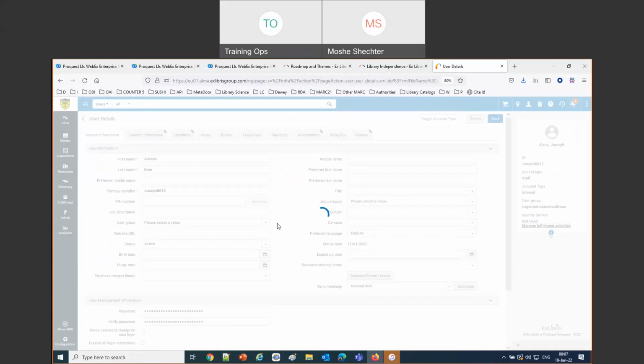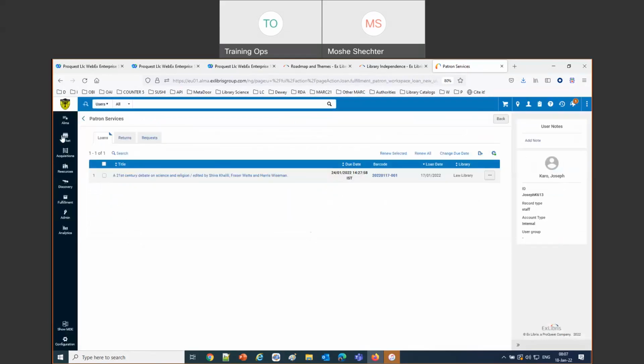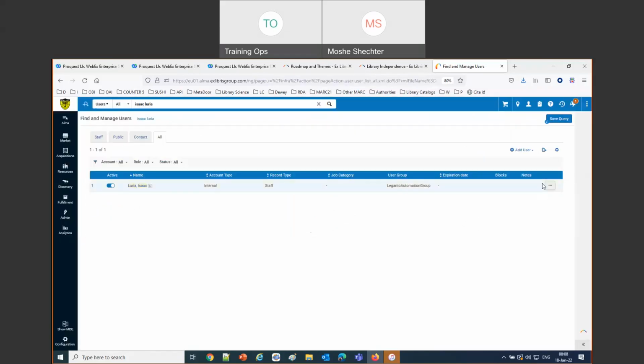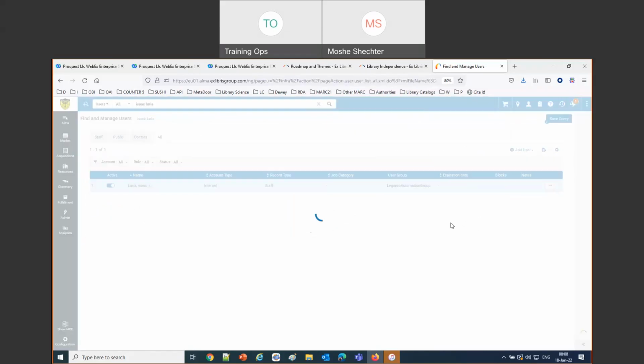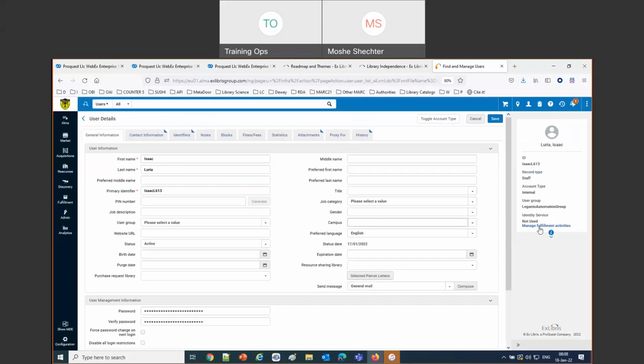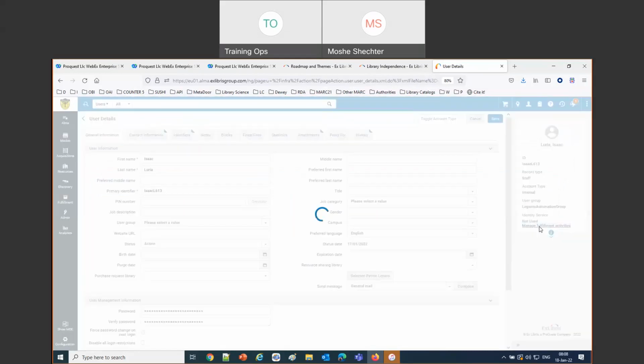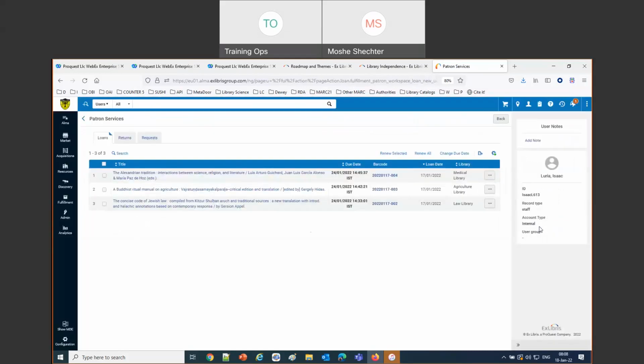He has items on loan only from the law library. On the other hand, if we look at Isaac Luria, and we go here to manage fulfillment activities, he has items on loan from the medical library, the agriculture library, and the law library.